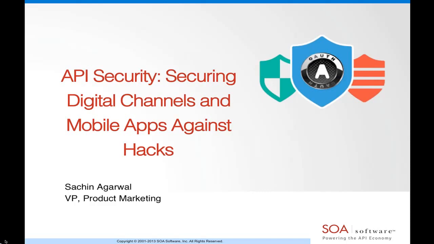Today, we have an extremely interesting and relevant topic, which is API security: securing digital channels and mobile apps against hacks. As we have seen, there has been a widespread increase in adoption of APIs, but at the same time, over the last couple of years, there has been an increased surface area of threat that APIs expose, which has been compromised by hackers. So today we are going to be talking about the basics of APIs, how to secure APIs, and API security